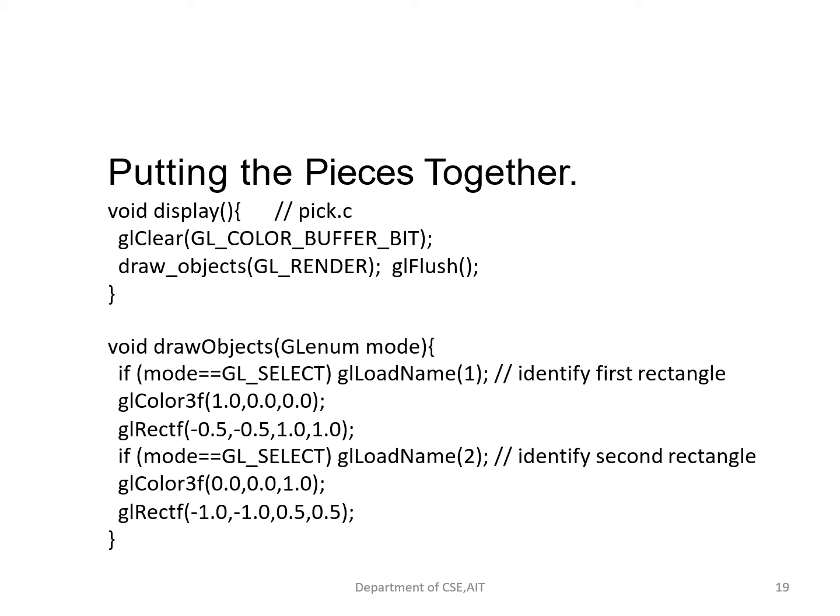So here we have a simple function that is going to draw two partially overlapping rectangles. In the draw objects, we have glRectf, we have two rectangles. They are overlapping because you can see the values, it is very close by. So we are going to have the overlapping rectangles. The new API we are using here is glRectf, where we have 4 parameters, which is going to specify an axis aligned rectangle in a single function.